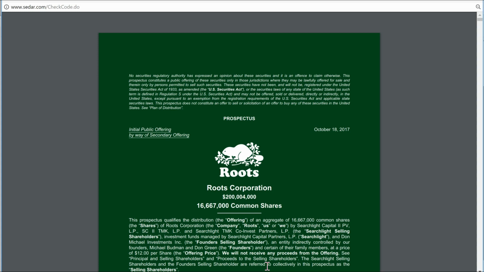What that means is that the IPO, this initial offering to the public, is actually shares that are already being sold or held by current owners, and they're just going to liquidate some of their existing shares that they own. And so there's not going to be any new shares issued here. These are insiders or existing shareholders that are just going to liquidate their positions. So there's actually going to be no new money generated for this Roots offering.